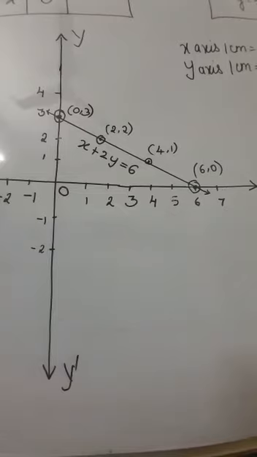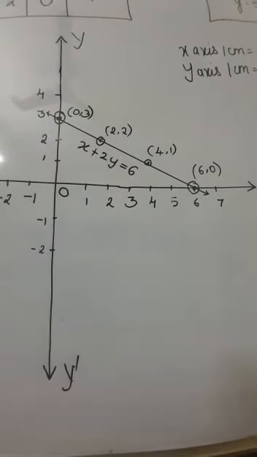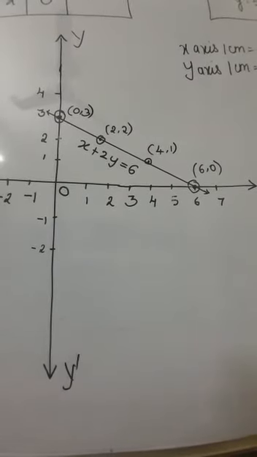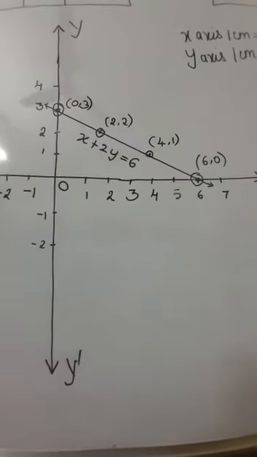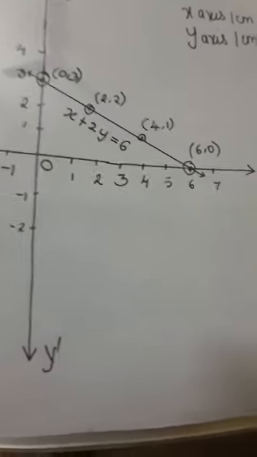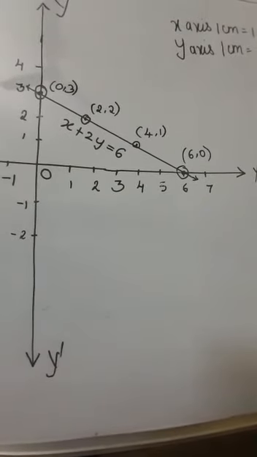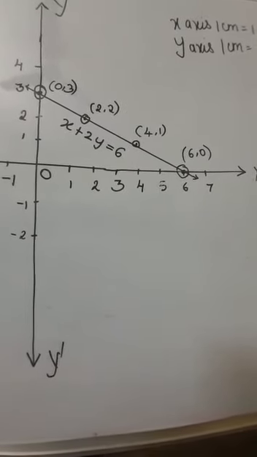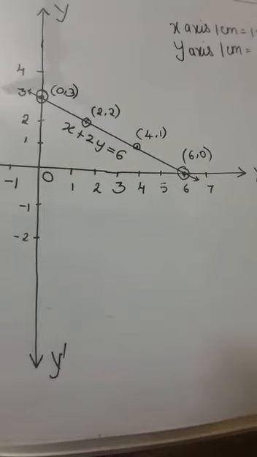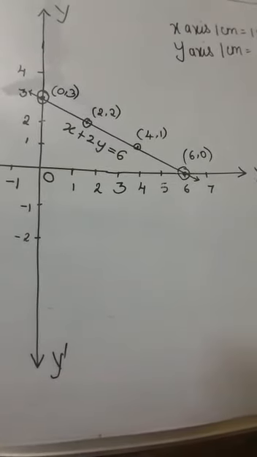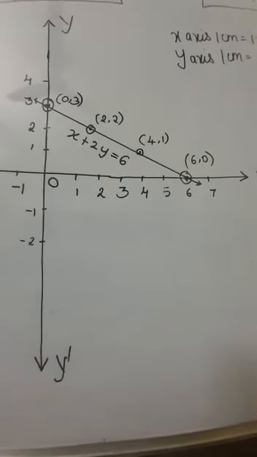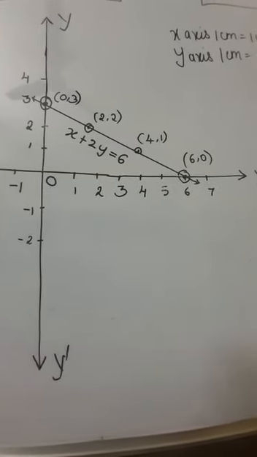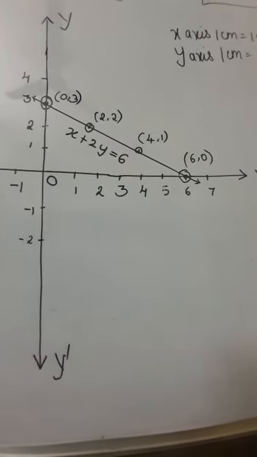So when you mark this, it is compulsory to write the points, the ordered pairs. Also see, for the line I have drawn 2 arrows at both ends, because that tells us that it is a straight line. Below that line it is mandatory to write the given equation. So this is the graphical representation of a linear equation in two variables.